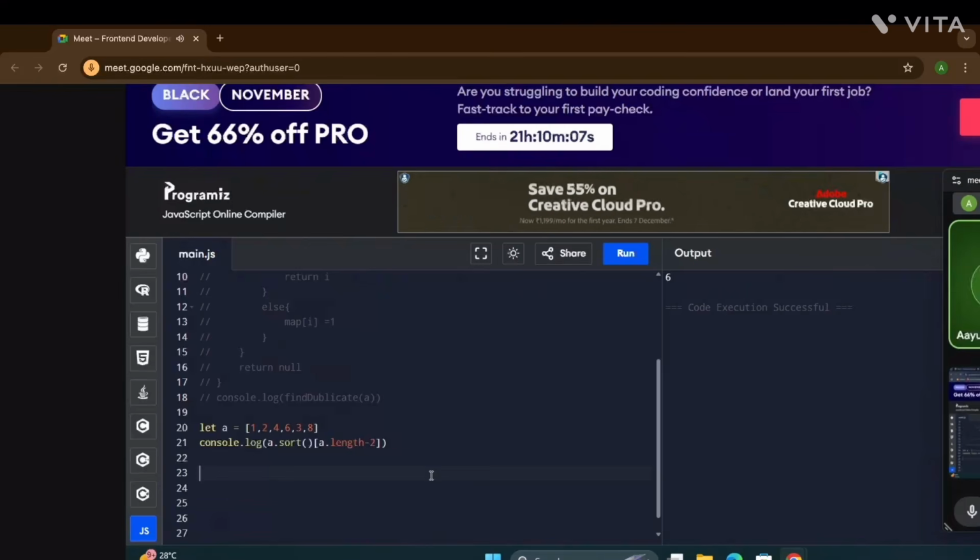Explain how Express.js handles routes and middleware. Middleware is basically a function, and the main work of a middleware is that it appends some extra content in our request body.